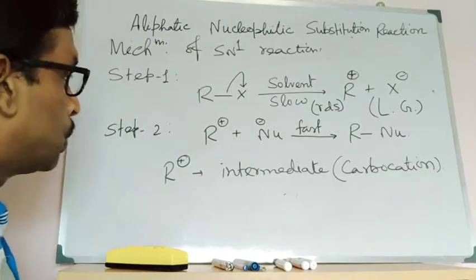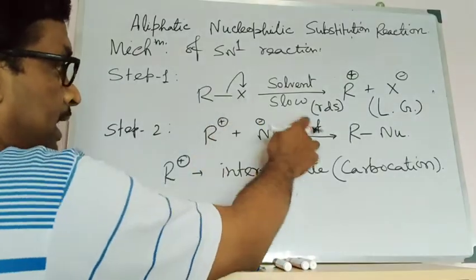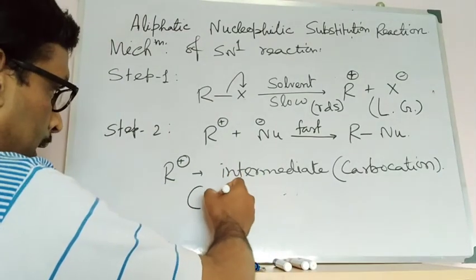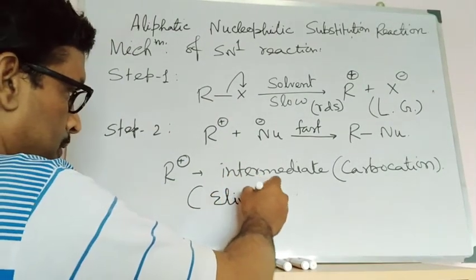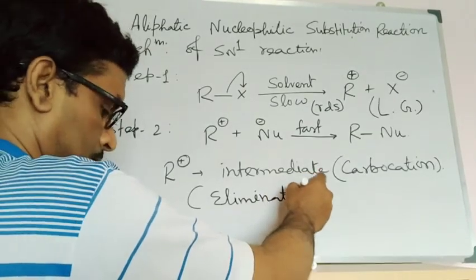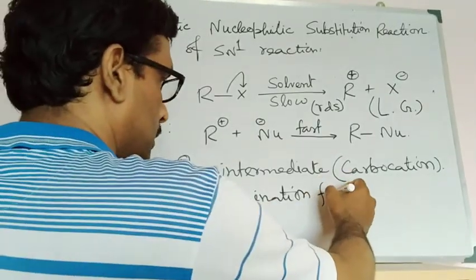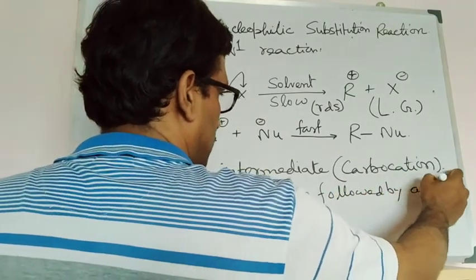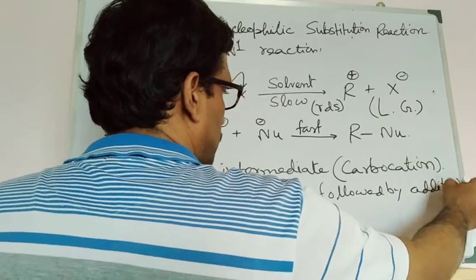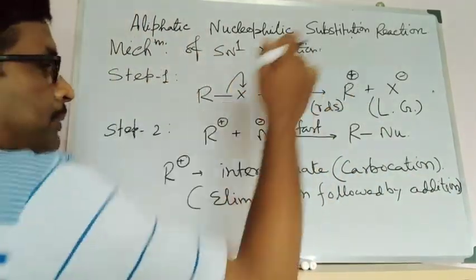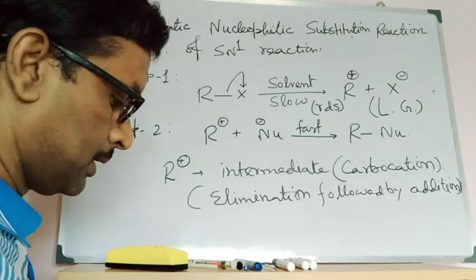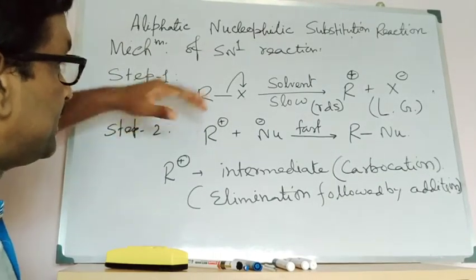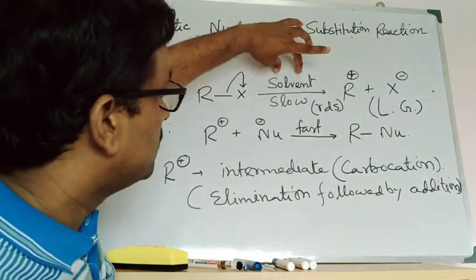The reaction is also known as what? First elimination and then addition. So this reaction is also called the elimination followed by addition. Yes or no? This nucleophile added to this, and this leaving group is first eliminated from the substrate, and that's why this one is called the